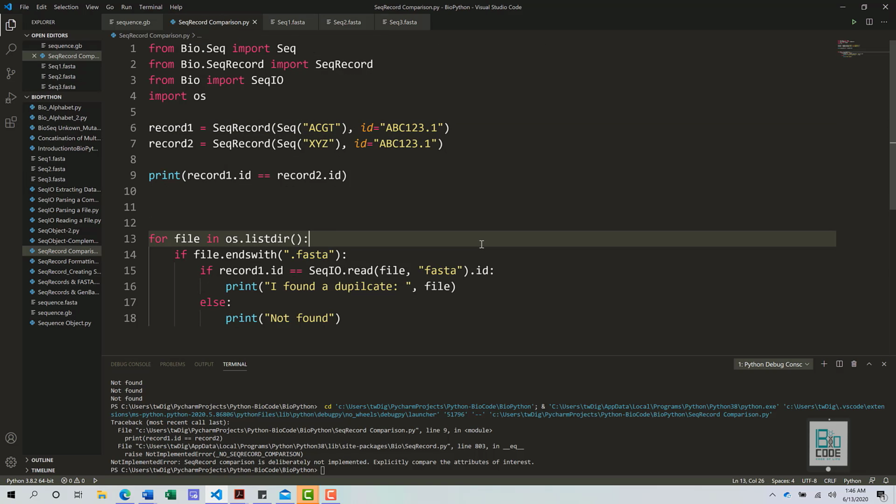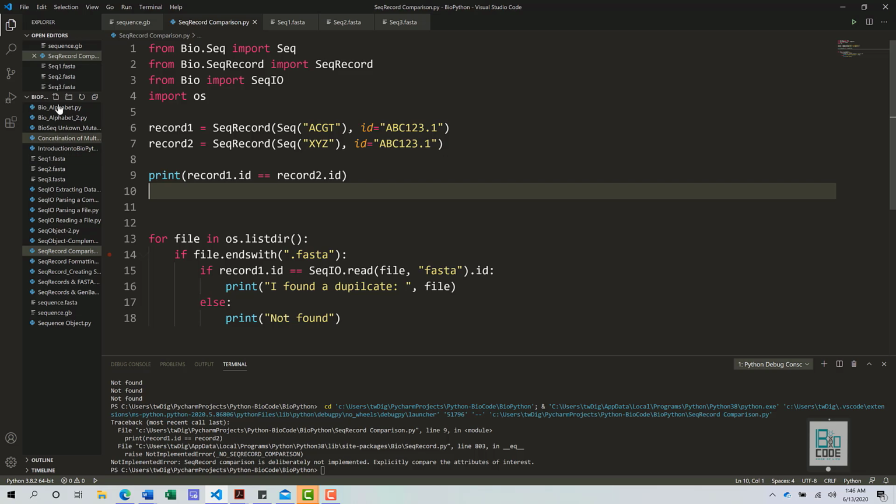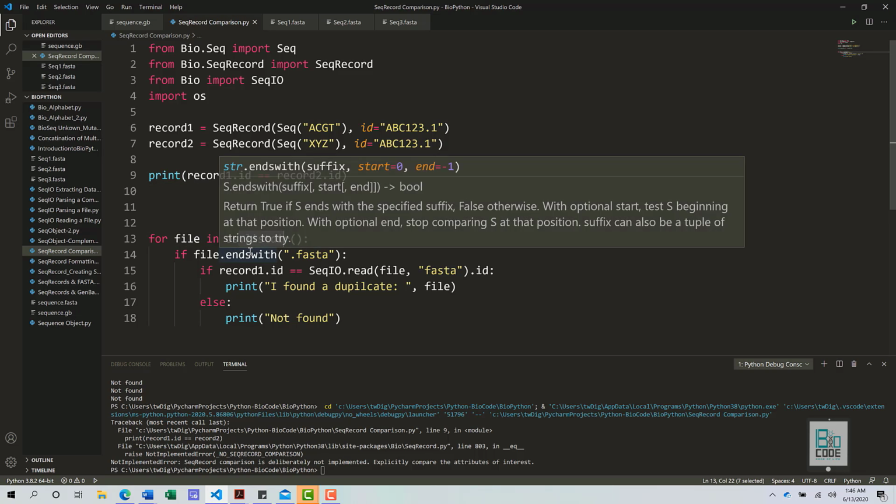So what I'm going to do is utilize the ID of the first record, which is ABC123, and run it through the directory where my files are present. I'm running a for loop, listing the directory, and then checking if the files